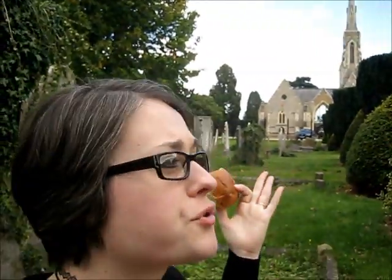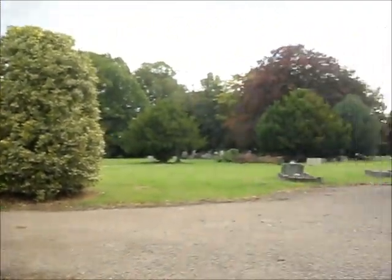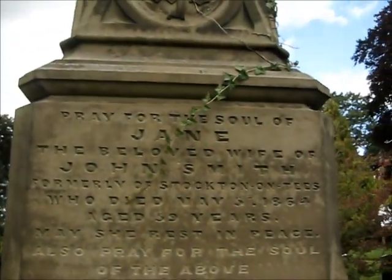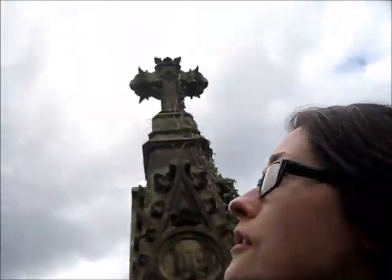We've got the main crematorium here, and it all seems to be based around this kind of circular island and all the trees that line the middle. And then around the outside there's all the older graves, and I'm just chilling with Jane Smith. What a most default name can you get? Just chillaxing. Thanks for letting me use your grave as a seat, Jane Smith. Anyway,